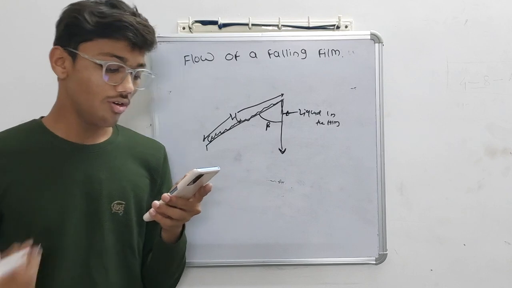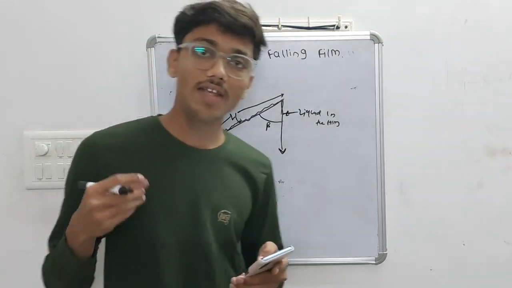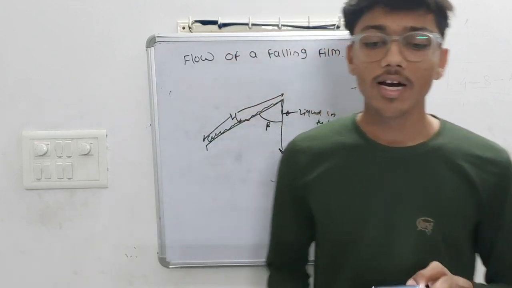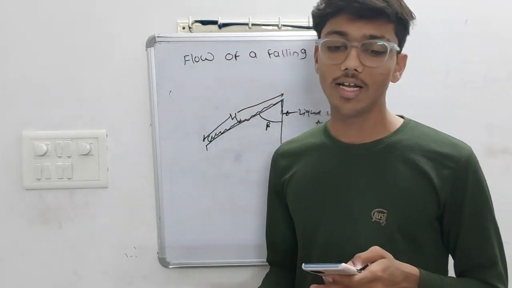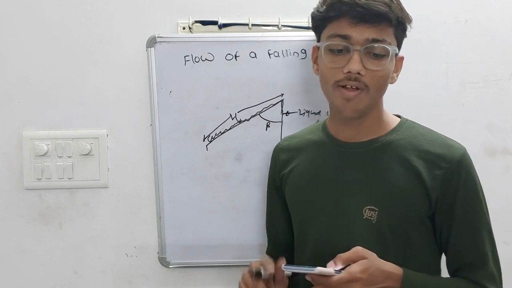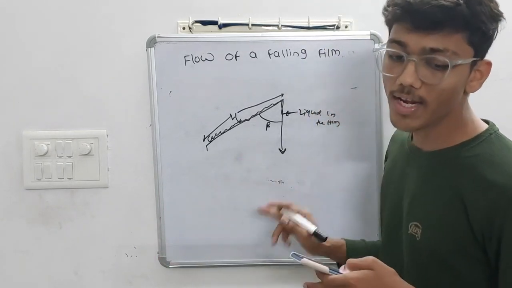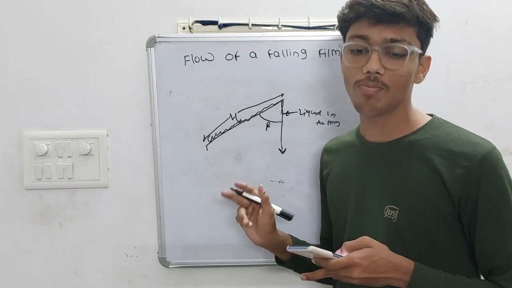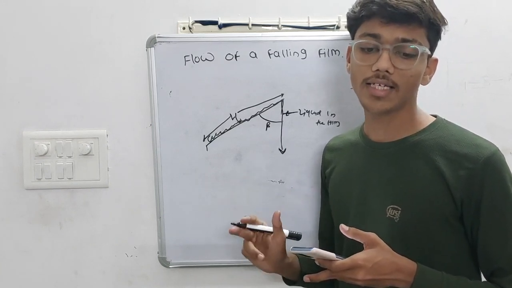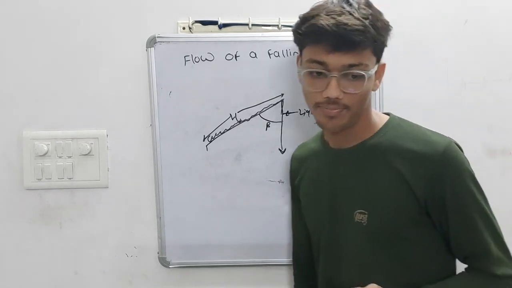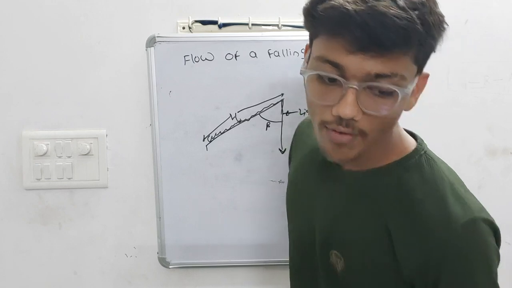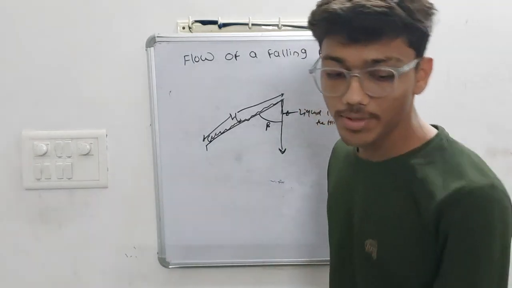So we will tackle this question with the Navier-Stokes equation. We consider a film of incompressible, Newtonian liquid flowing steadily down a vertical flat plate under gravity. The film thickness is delta, and we'll assume the flow is fully developed and two-dimensional, meaning variations in the z direction are negligible. Our further assumptions are: